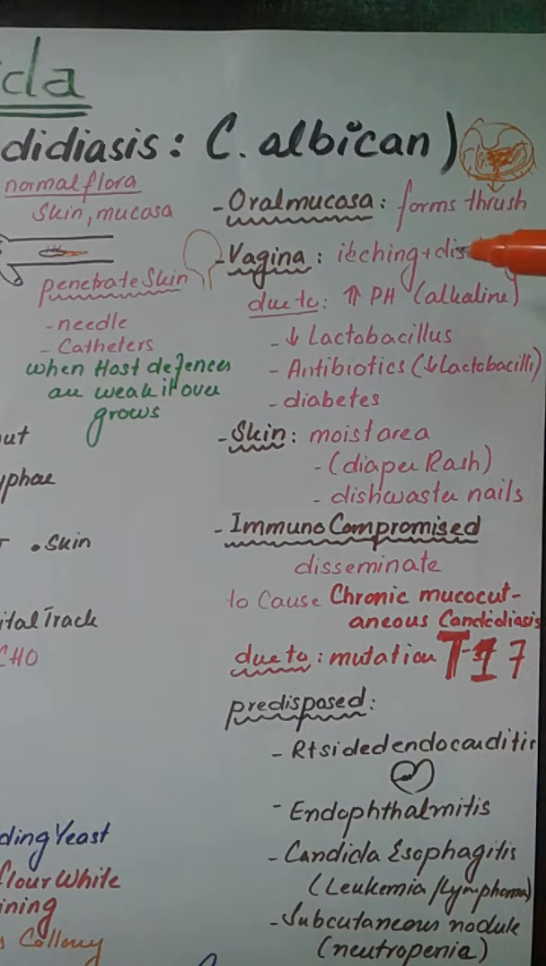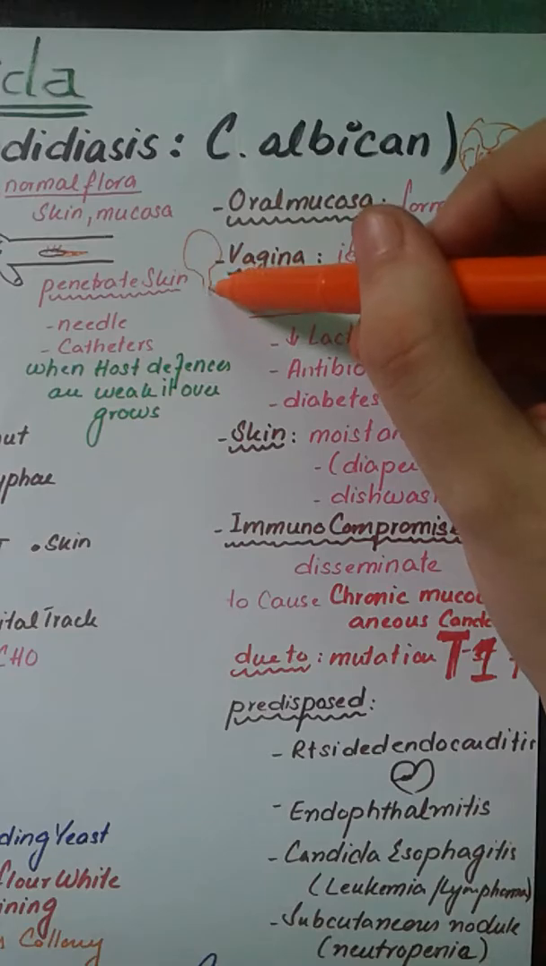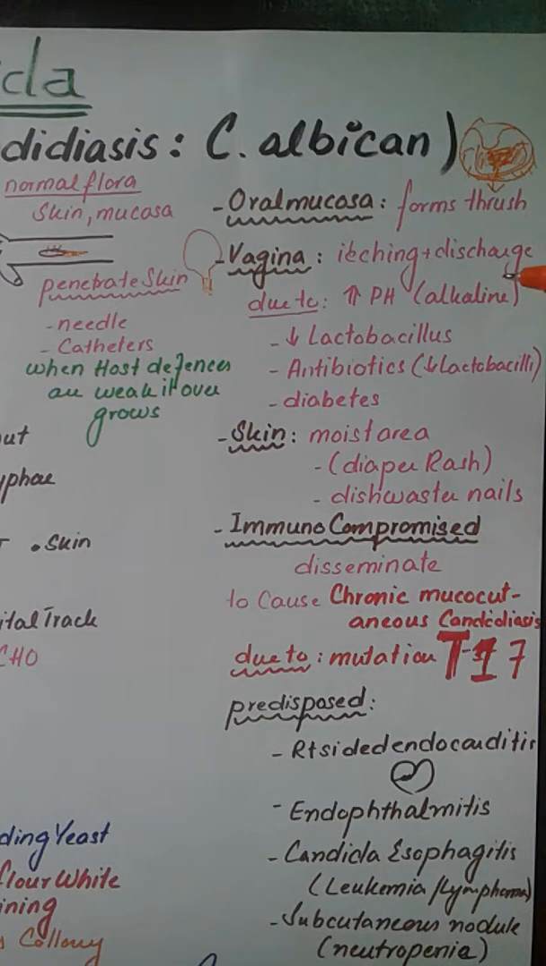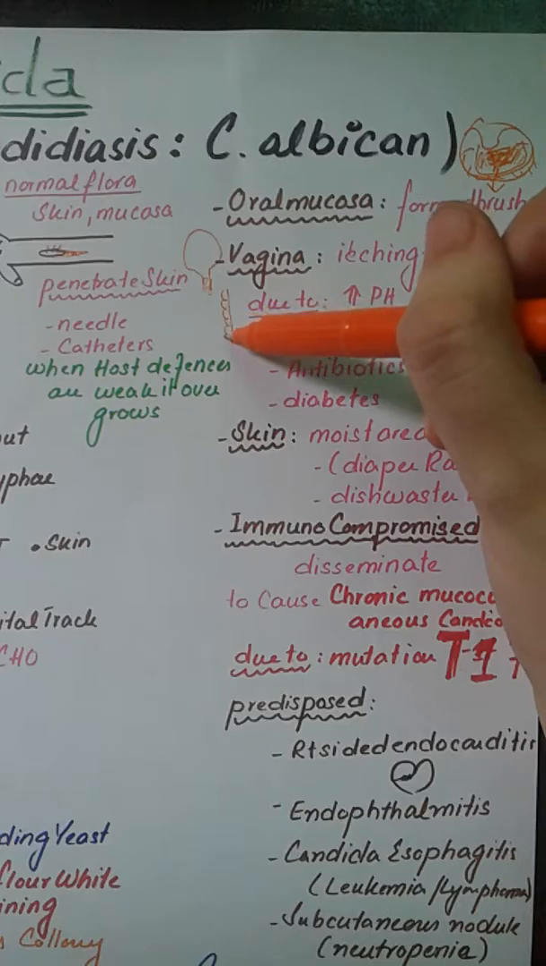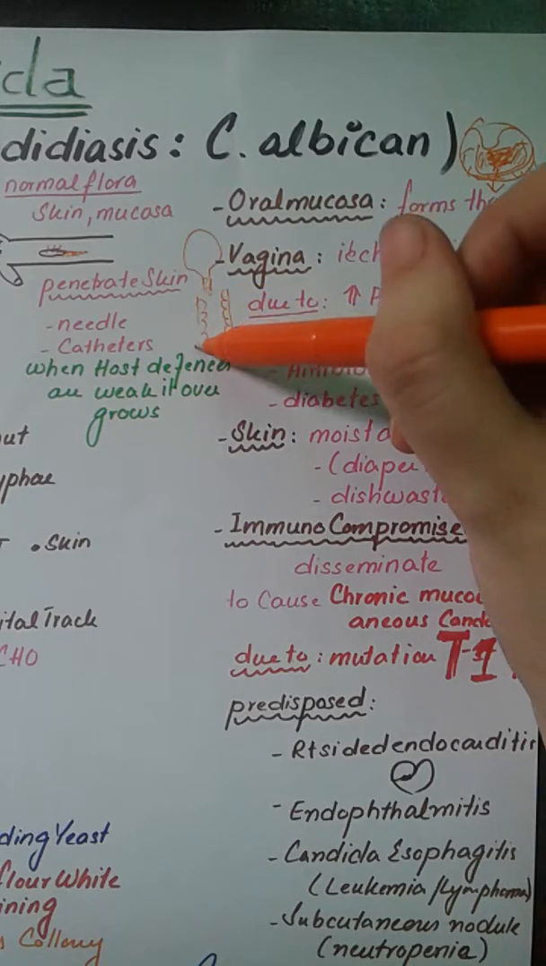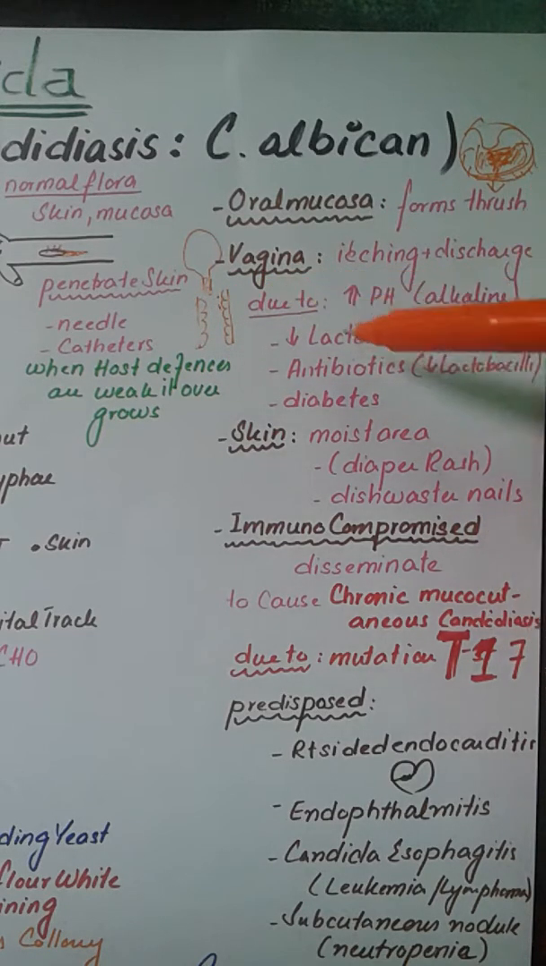It can also grow in your vaginal tract. So in the vagina, what will it cause? It will cause itching, discomfort. And why is it infecting the vagina? Normally, a vagina consists of a special layer of mucosa, which consists of special organisms which are known as the